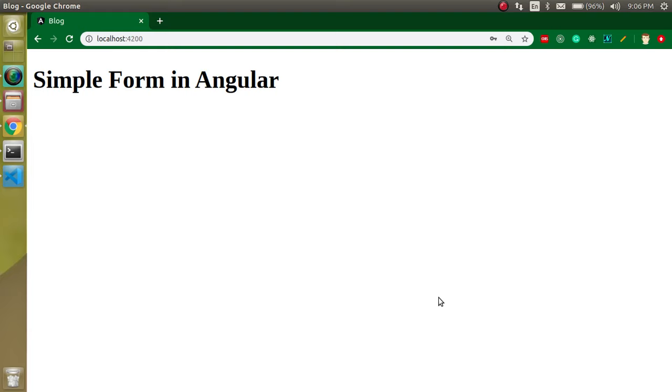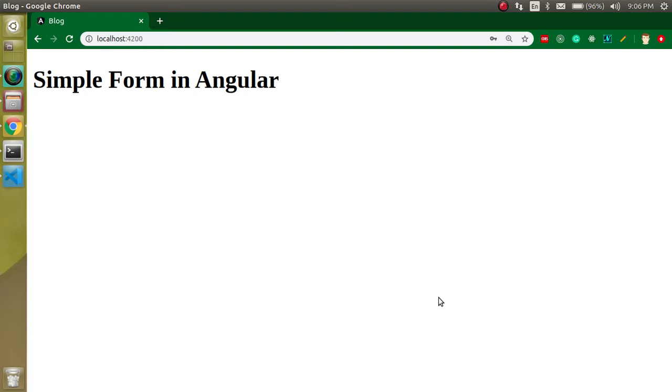As we know, forms have a very important role in every website, in every project. Whether it's a small project or a big project, it doesn't matter. We can use a form to sign in users, log in users, sign up users, or for email subscription, anywhere we want to get data from the user. So we will make a small example.